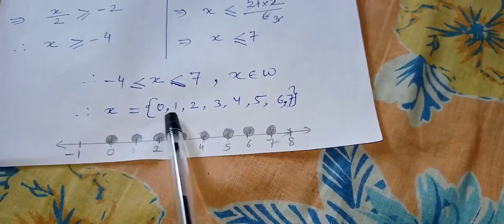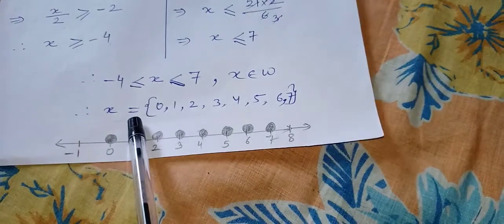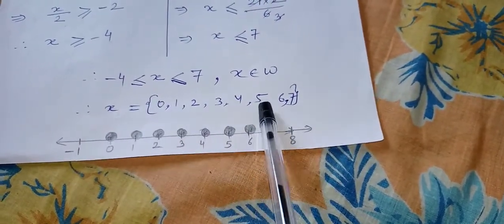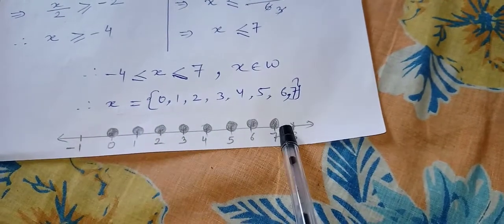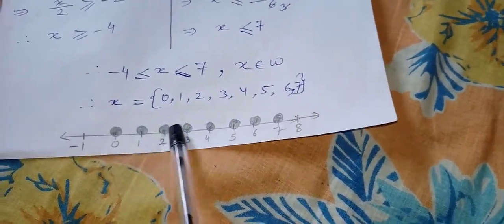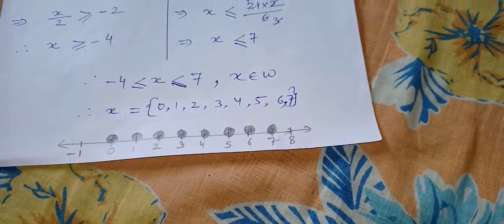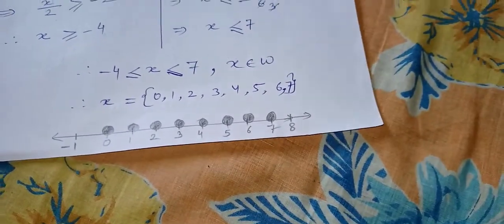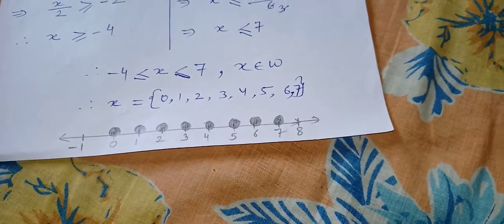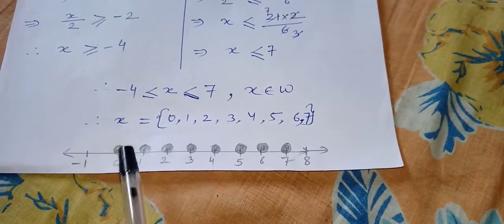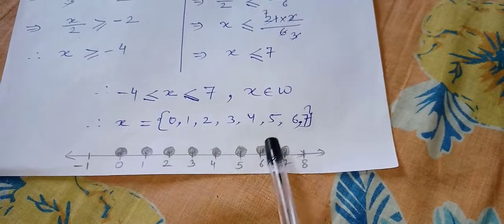And this time, look at this box, the second bracket here, and you plot all these 0, 1, 2, 3, 4, 5, 6, 7. Circle these numbers till 7 and darken them all. This is how you have to do it in W. Only in the case of R, the way of doing the question is different. But here, as it is a W question, every number has to be darkened like this. You have to darken like this.